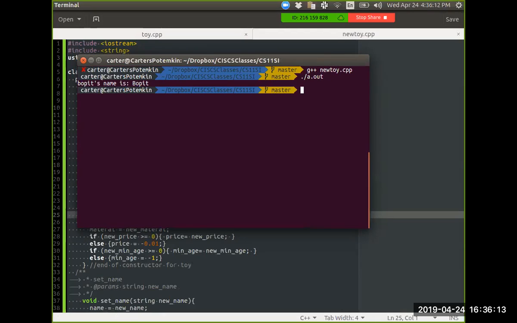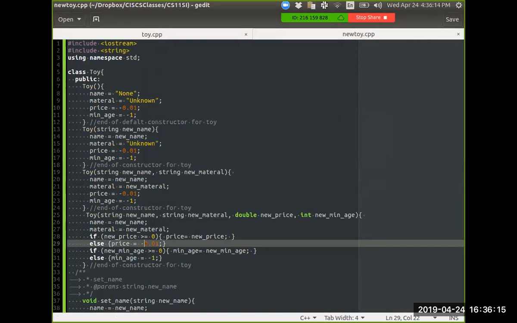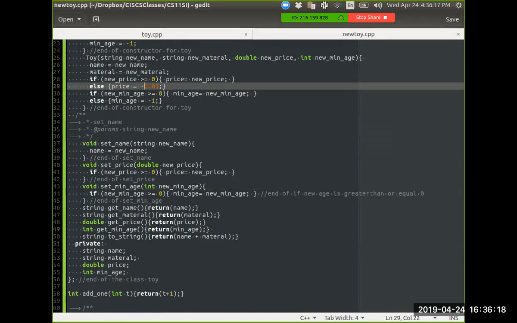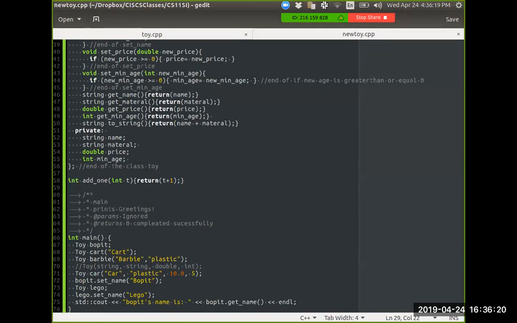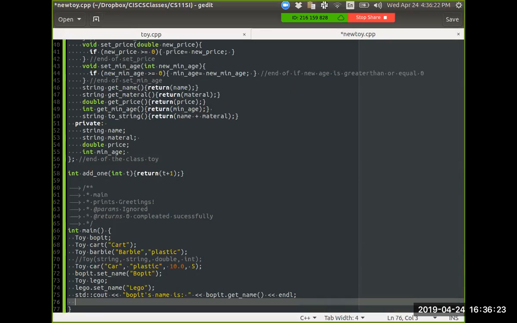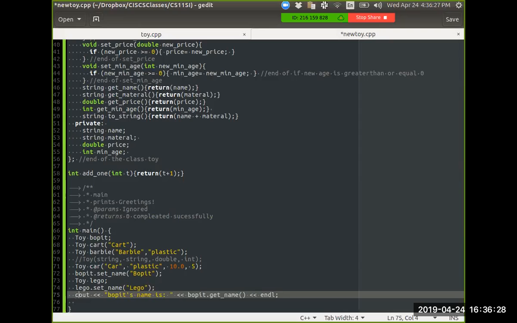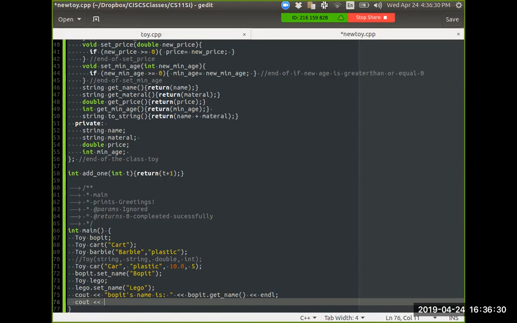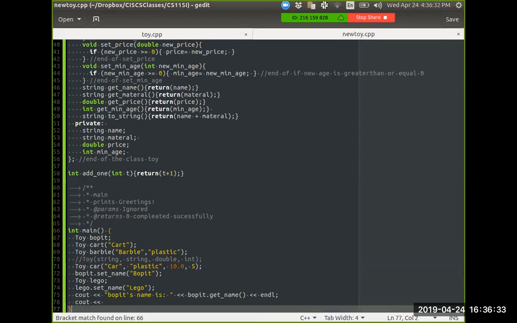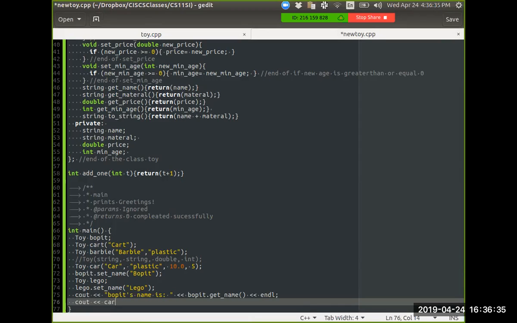So if we wanted to do more things, like we wanted to check that we had in fact changed all these things, let's call the getters here. So right here, let's, am I using namespace? Yes, I am. So I can get rid of this. So I could say cout, and let's say car dot get name,